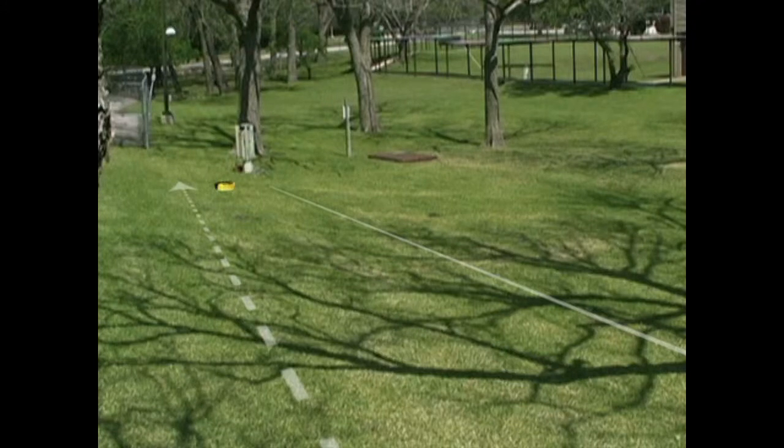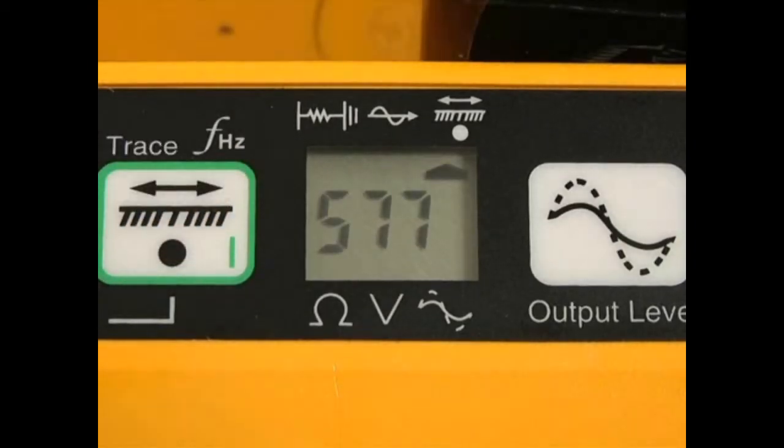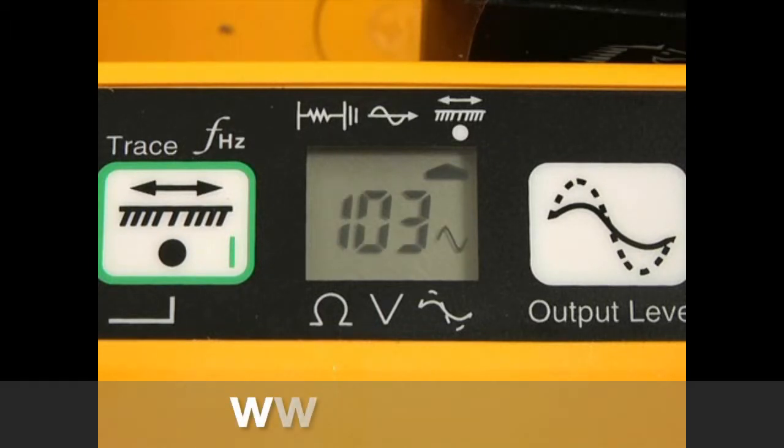Based on the quality or resistance of the signal path, you can choose the optimum frequency for your application. Here is a chart you can use for selecting the optimum frequency. In the previous example, the resistance of the signal path was 1K. Based on the reference chart, the optimum frequency for this locate would be 577 Hz. You should always select the lowest frequency applicable to the resistance of the signal path. Using the lowest frequency is good practice because the lower the frequency, the less chance of bleed-over signal to adjacent